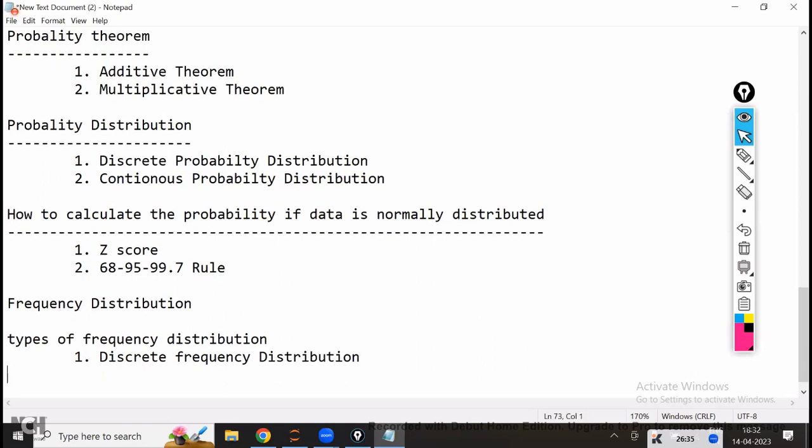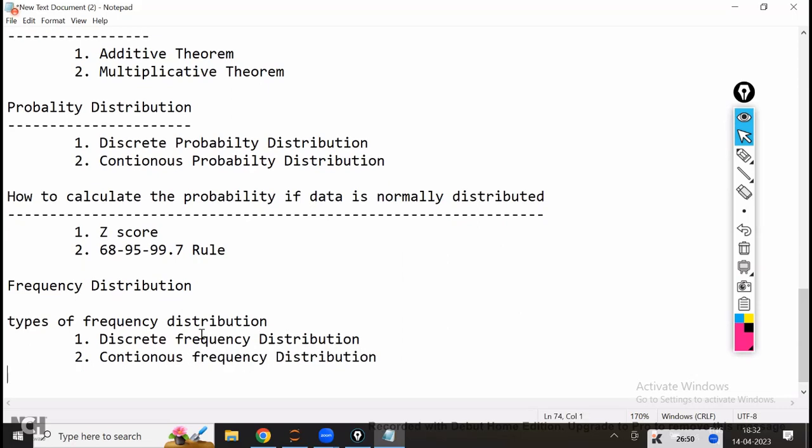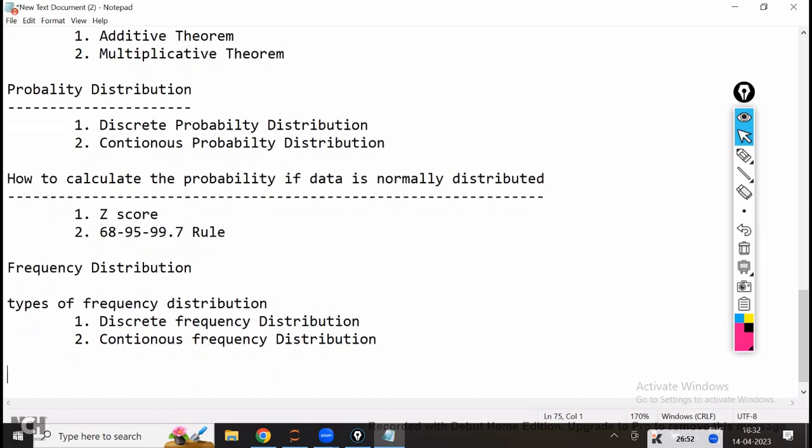And the second one is continuous frequency distribution. For a continuous variable, continuous frequency distribution. And these come under the types of frequency distribution. Next, we have seen what is the difference